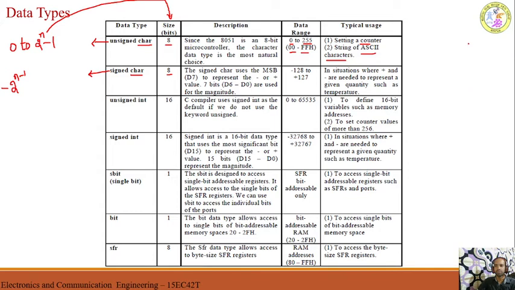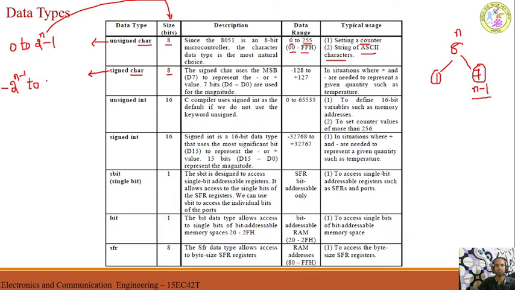Why is it n minus 1? Out of 8 bits, 1 bit is reserved for the sign. So how many bits are left now? Only 7 bits are left. Therefore, if I take the total number of bits as n, in signed representation we use 1 less than n, that is 8 minus 1. In general, I can say it as n minus 1. Only n minus 1 bits are used to represent the magnitude of the number. Therefore, this is minus 2 to the power of n minus 1 to